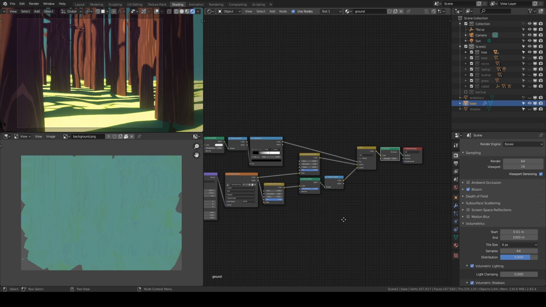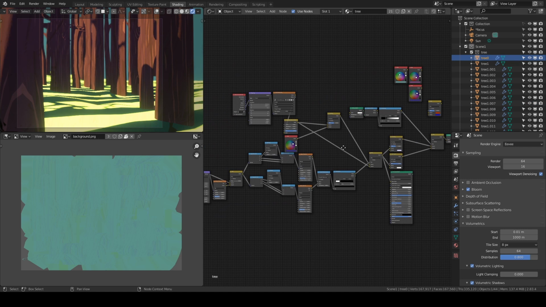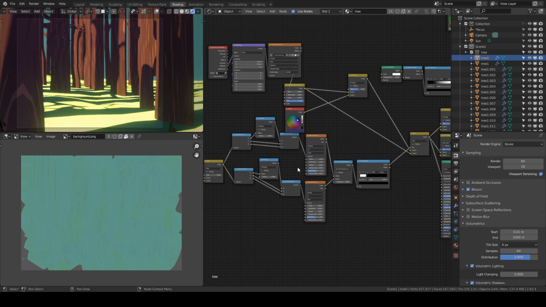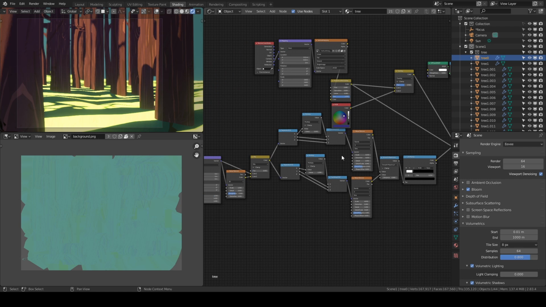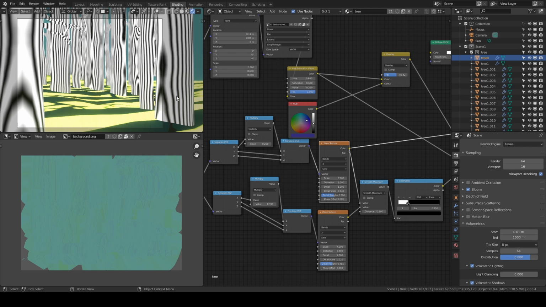And then this is the final way the ground looks like. I use similar kind of approach throughout the scene. Similarly, I made the trees. Now this shader might look a lot overwhelming, but it's pretty simple. But I might talk about it in detail maybe in a different video because it's going to take a lot of time. So just to summarize, I have a wave texture here.